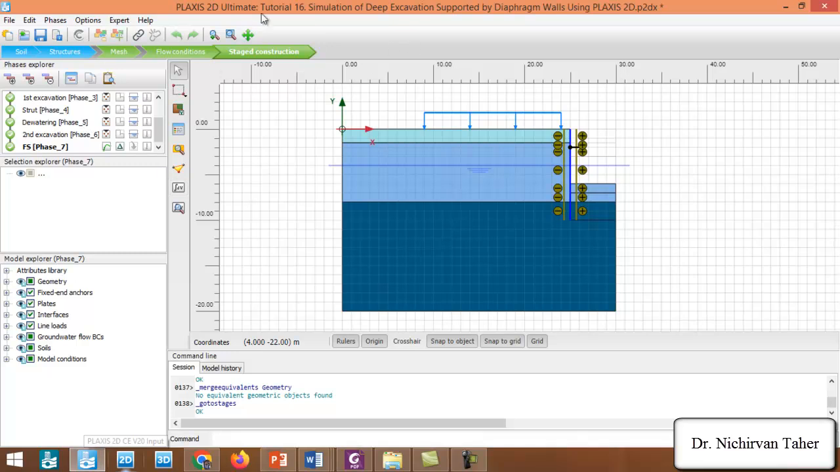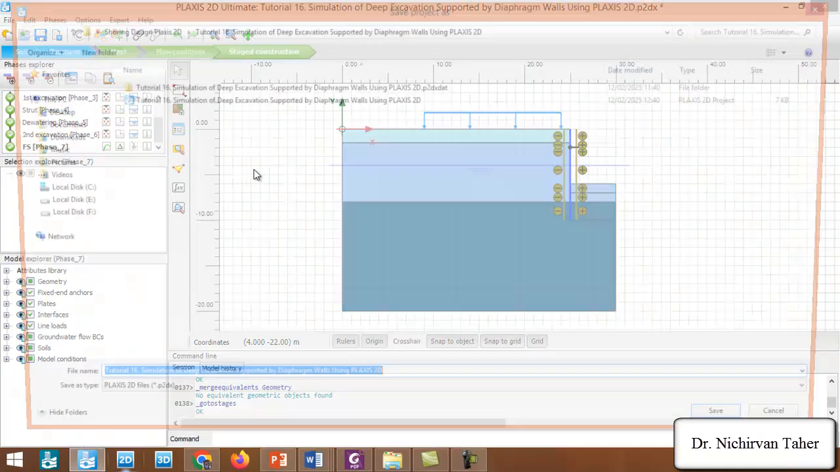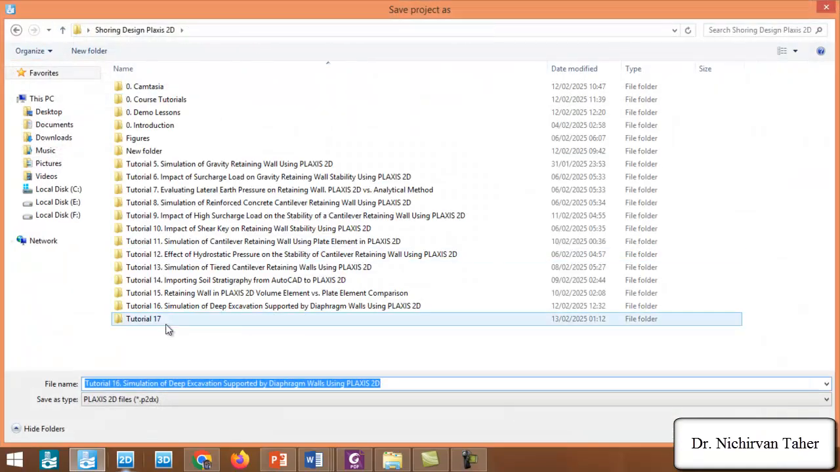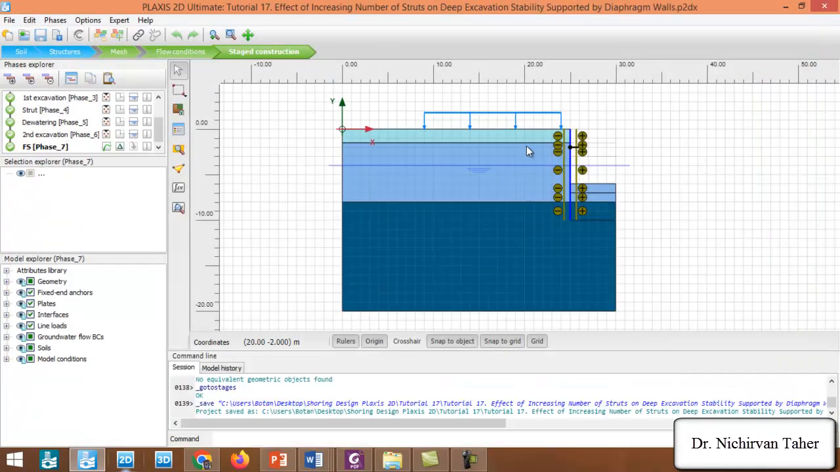So this is tutorial number 16. I will click on file and save project as. So I will save it in tutorial number 17 and we click on save. Okay,